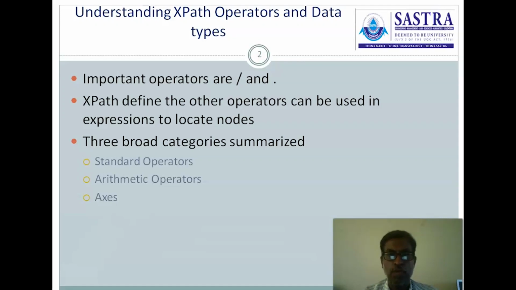There are two important operators available in XPath: slash and dot. The slash operator separates the previous level from the current context, while dot refers to the current context, which we will see later. And the second point is